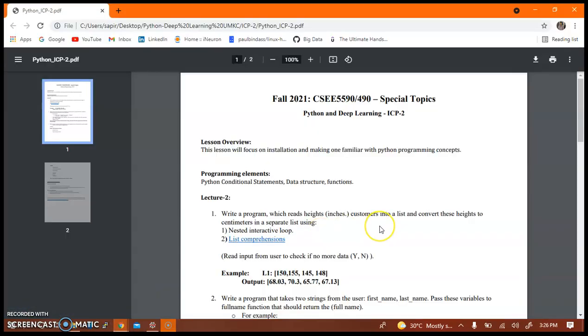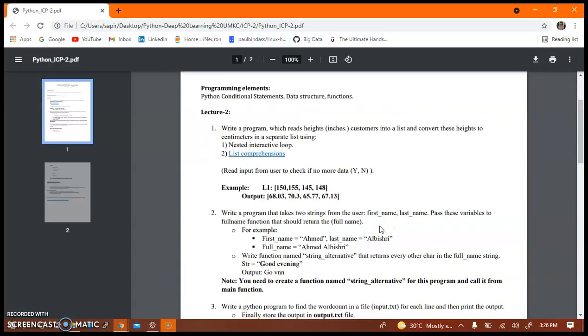And coming to the second one, here we need to write a program to take 2 strings from the user, first name and last name, and pass these variables to a full name function, and that has to return the full name. And then we need to write another function called string alternative that returns every other character in the full name string. So as we go to the program,